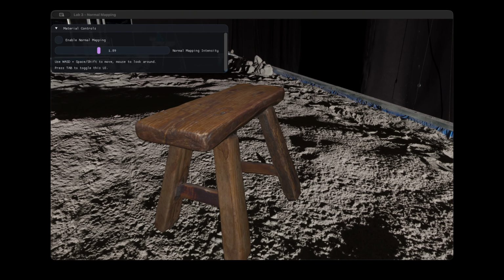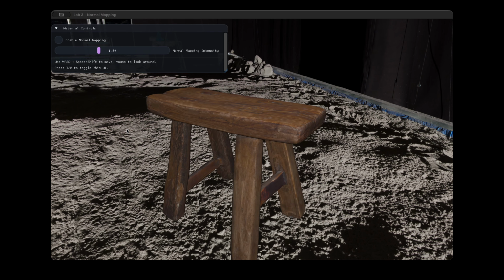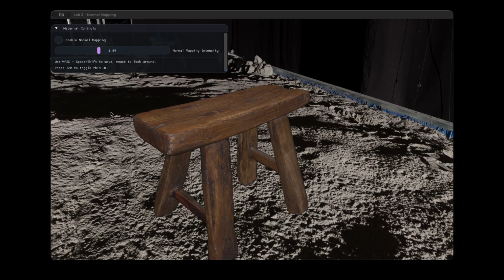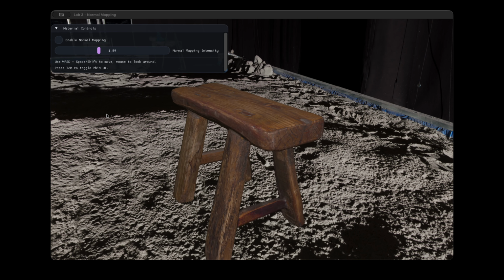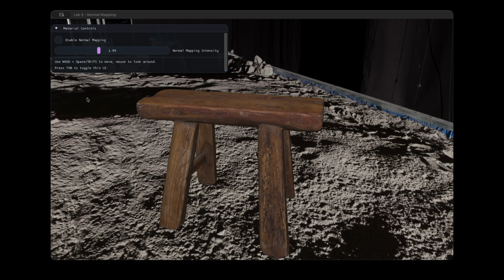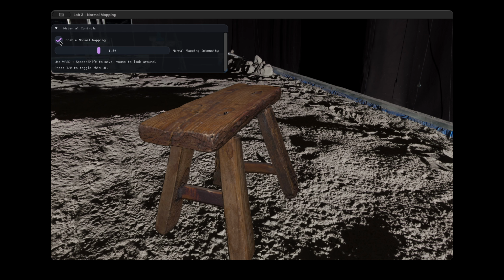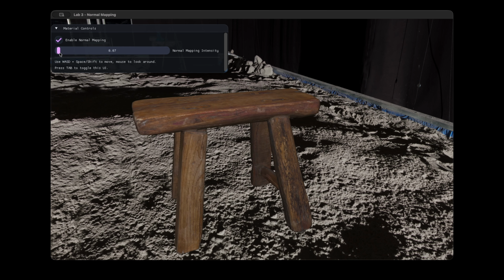Looking at the bench model, we can also see that without normal mapping, it looks more smooth and cartoonish, and the wood grain seems painted on. But with normal mapping, it looks more carved rather than printed, making it more photorealistic. And that concludes my implementation